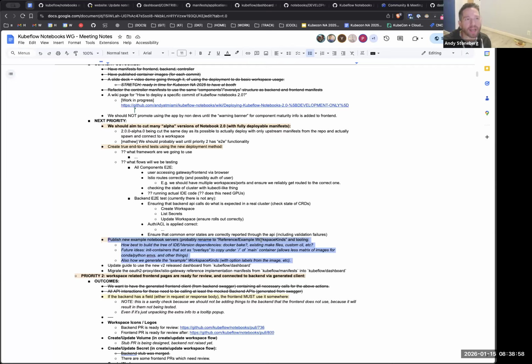But yeah, it's philosophical, right? In my mind, the value add here is teaching people how to use workspace kinds. I get that, but where the image is loaded from and what version of dependencies are in those images, in my mind, is not the value add. So just saying, here's your VS Code workspace kind, and oh yeah, by the way, this is pointing to a 4-year-old image of VS Code. The value is here's how to configure, here's inspiration on how to configure your workspace kind. But anyways, we probably talked about this too much. I would hate that we invest a month of effort into this, where in my mind it's how do you use workspace kinds? That's what we need to communicate and get across, not these images.